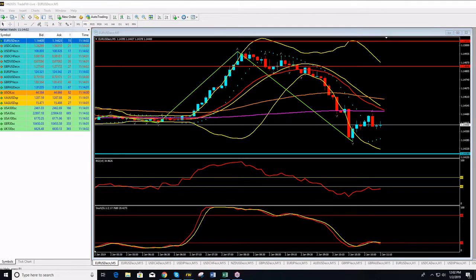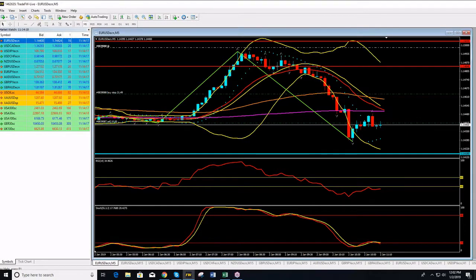So I will enter using the hedging system, a short position on euro dollar. There we go, guys. We have just entered the short position on euro dollar. Let me inform you about that. So I have just entered a short position using the hedging system. I have just shorted euro USD at